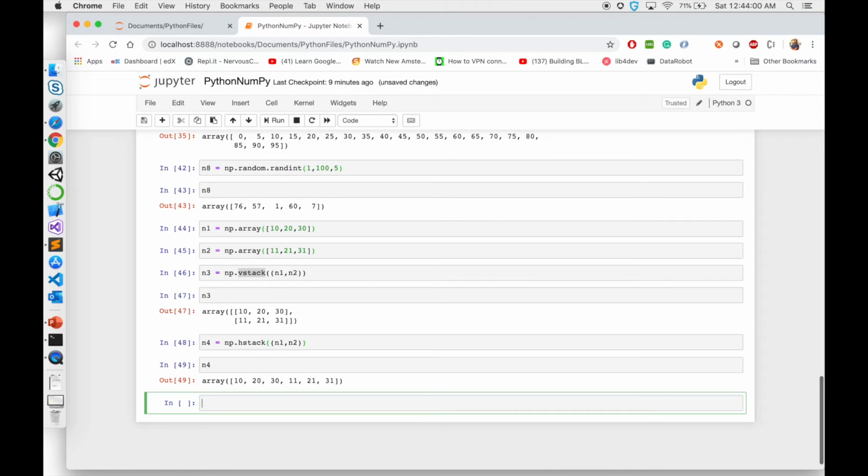Now if I print n4, you'll see they are stacked horizontally, which means next to each other: 10, 20, 30, 11, 21, 31. There's one more stack. If you see, all of them were stacked in a row order. So there is a function called column stack,